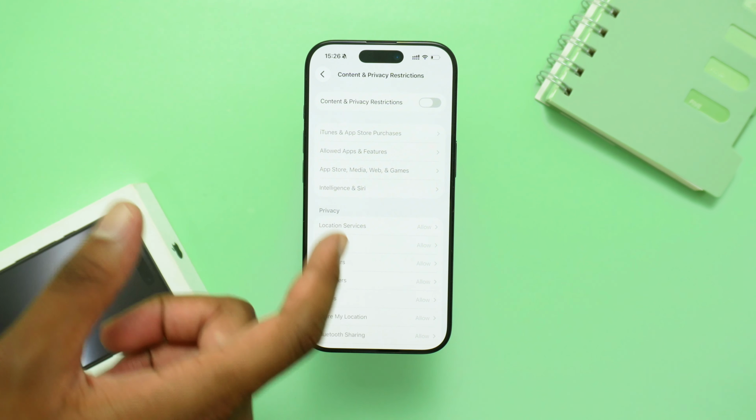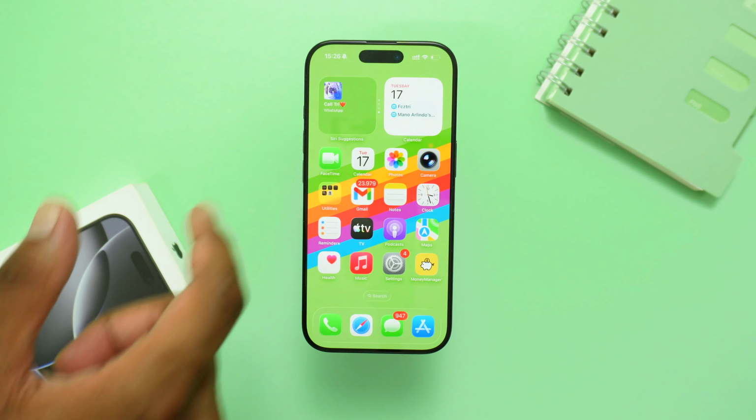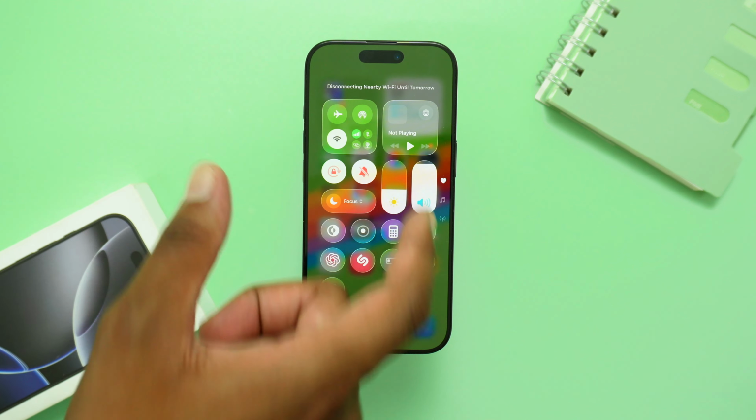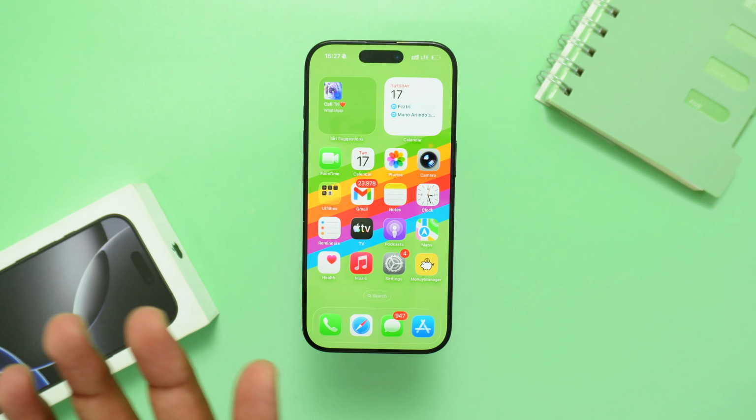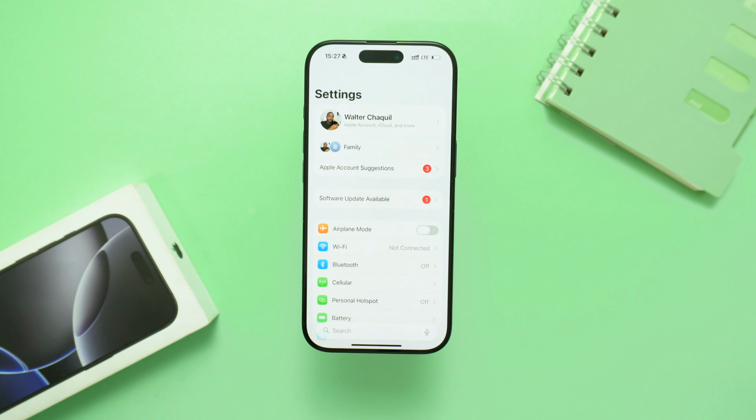Now, once you've done that, double check if the problem is sorted out. Try turning on your Wi-Fi and see if it's working or if it's not grayed out anymore. Now, if this doesn't help fix the problem, do not worry. We're moving into the next step where we're going to hop into settings real quick, and then we're going to